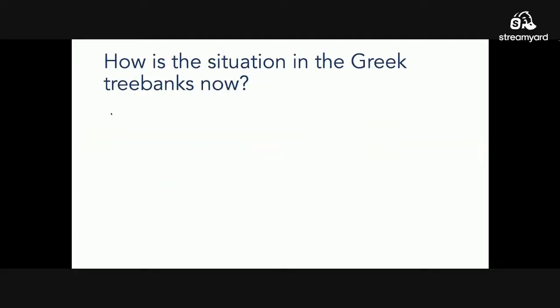I already showed you that there are a lot of projects that produce and publish treebanks in ancient Greek, and now more of them have been added with the coming of this large collection of automatic annotation. So how is the situation for Greek treebanks right now?